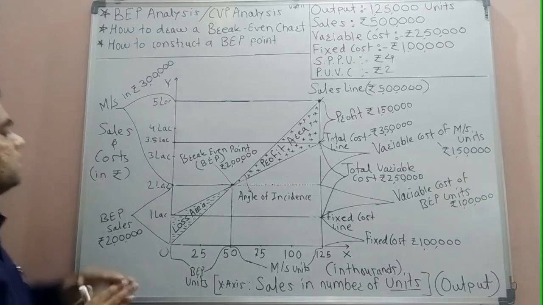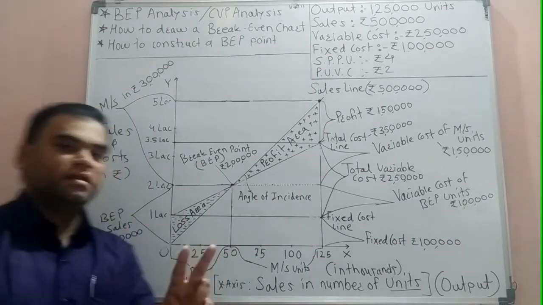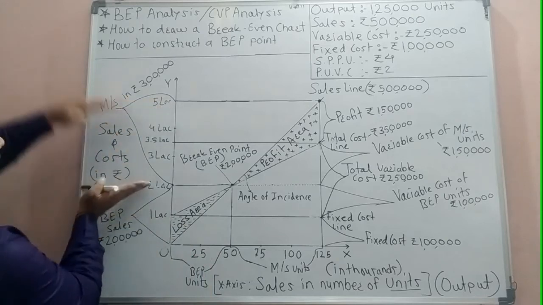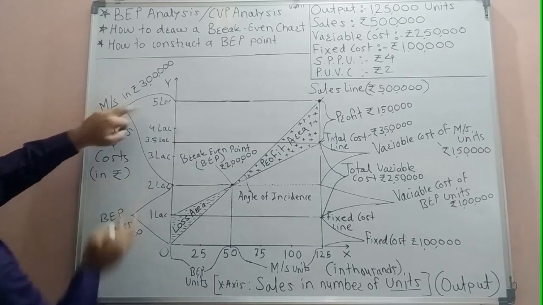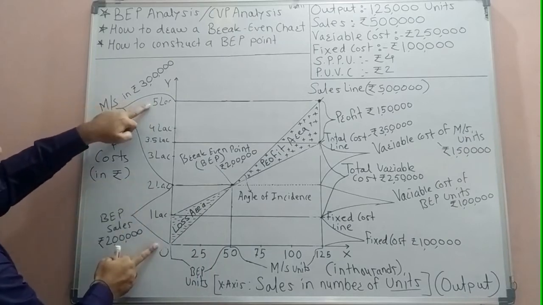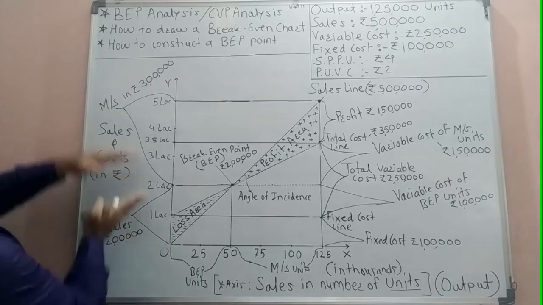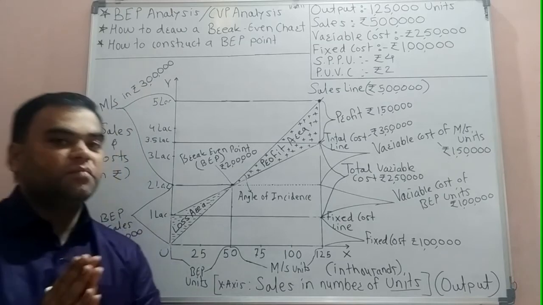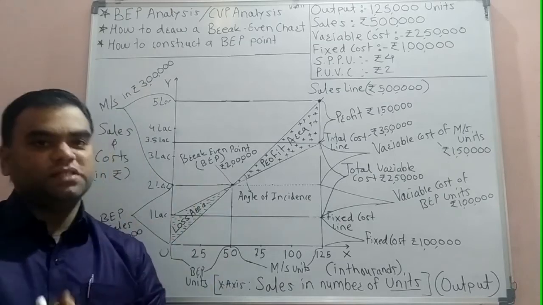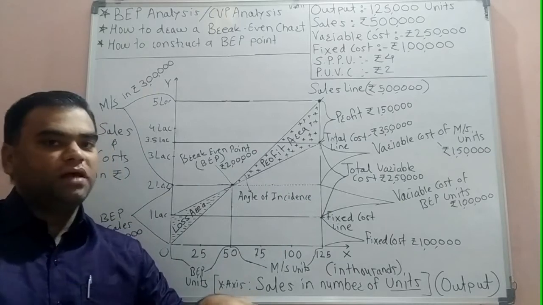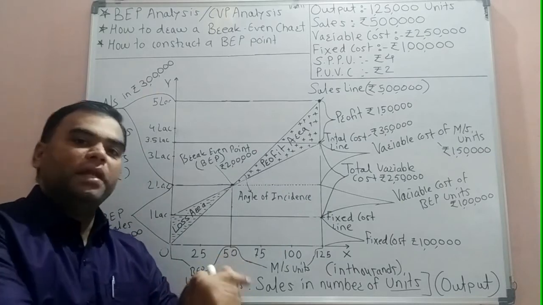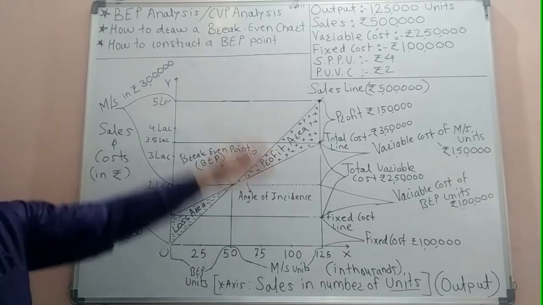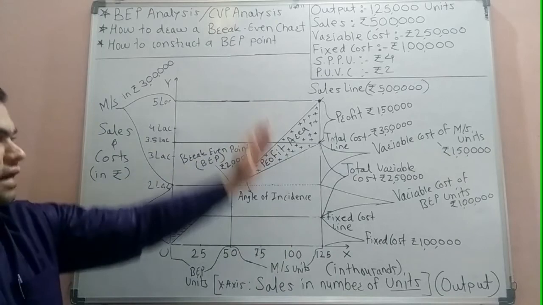And we also discussed two parts of total sales. First part, BEP sales. Total sales less BEP sales, the remaining part will be called the margin of safety. You can see this is our total sales 5 lakh, less 2 lakh BEP sales. The remaining 3 lakh is our margin of safety. Margin of safety is nothing but the second part of total sales. If we cut total sales into two parts, the first part will be BEP sales and the remaining part will be margin of safety. Now we are going to understand its various contents.